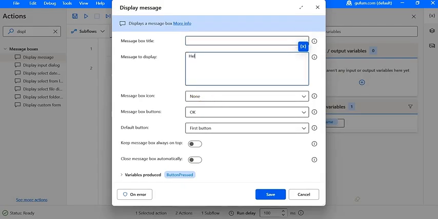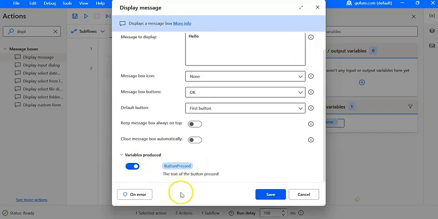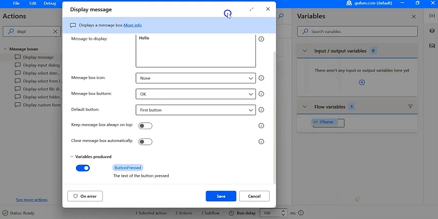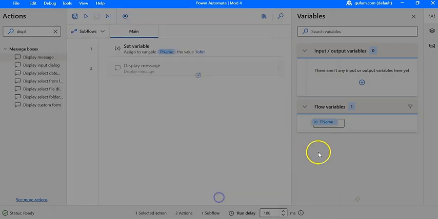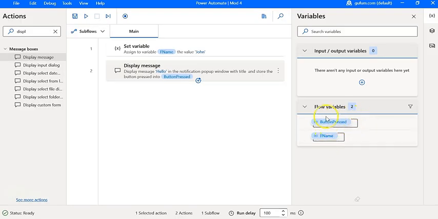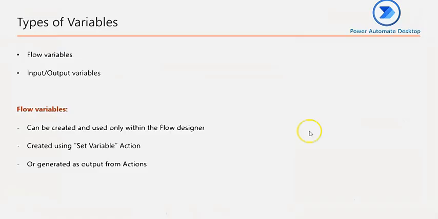Let's give a sample message. And the variable produced that I'm talking about is the button pressed over here. I expand it so that it gives a small description, the text of the button press. When you run the flow, the display message box will have two buttons. That caption will be captured within the button pressed. Now watch the variable window. As soon as I press save, that button pressed variable comes up over here, and that is what is being talked about over here, generated as output from actions,